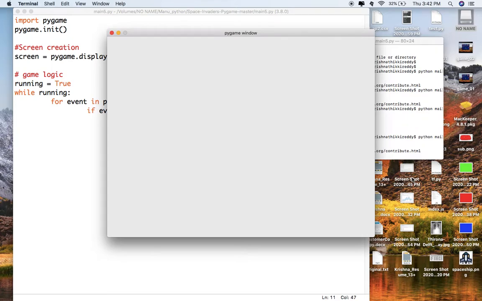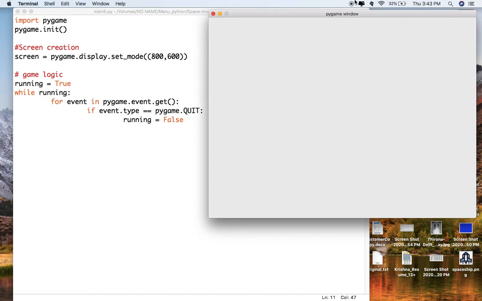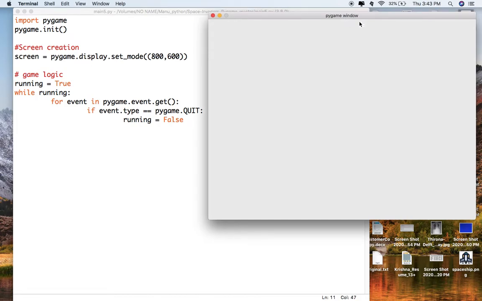Yay, very great, right? You can finally see your window here where the game will execute. Here you can see it's actually in the title: pygame window. I don't like this name. I think you also don't like it. Give it in the chat box if you don't, or if you like it. I don't like this because our game is not pygame window. Our game is actually